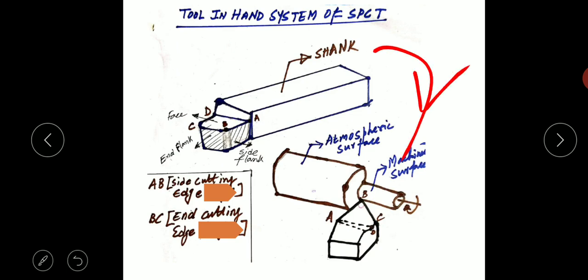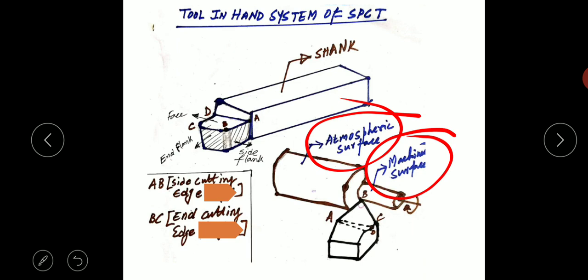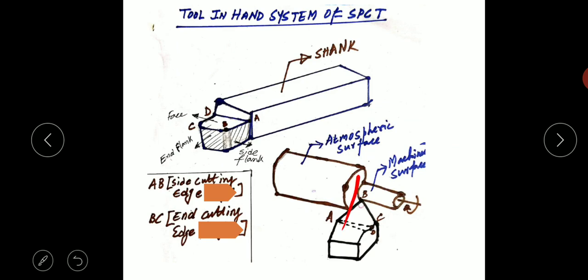If we assume a turning operation and also assume that this is a cylindrical job or workpiece and it is rotating, as you can see by this arrow, it is fixed in a jaw of a lathe and it is rotating and the cutting operation is going on. Before this, two important terms are there, unmachined surface and machined surface. The surface which is yet to be machined and till now is not machined is known as unmachined surface, and the surface which is already machined, as you can see this part is already machined, is known as machined surface.